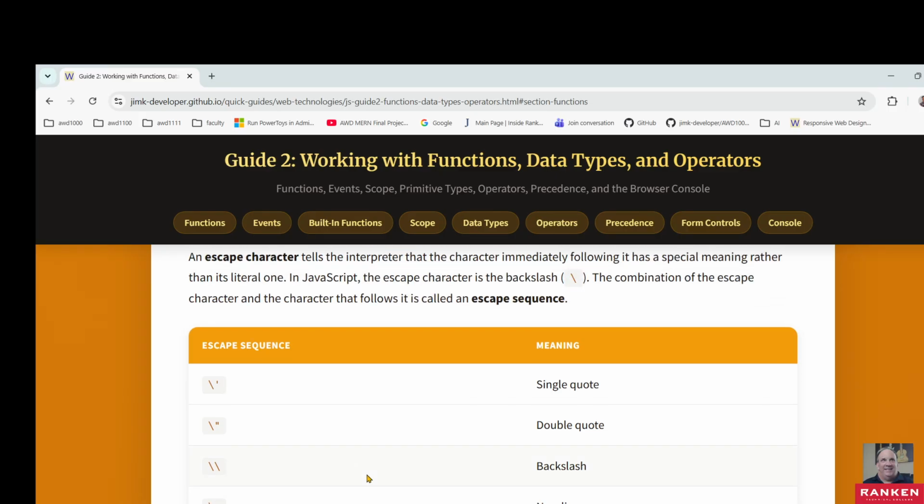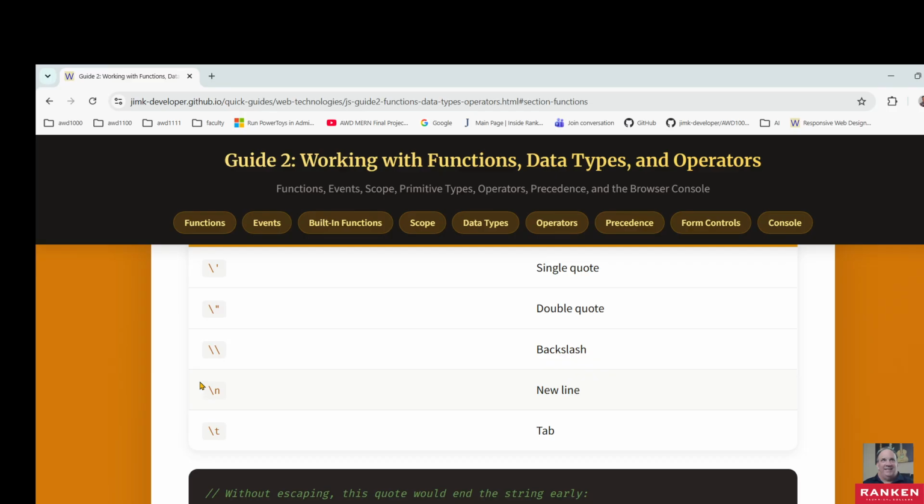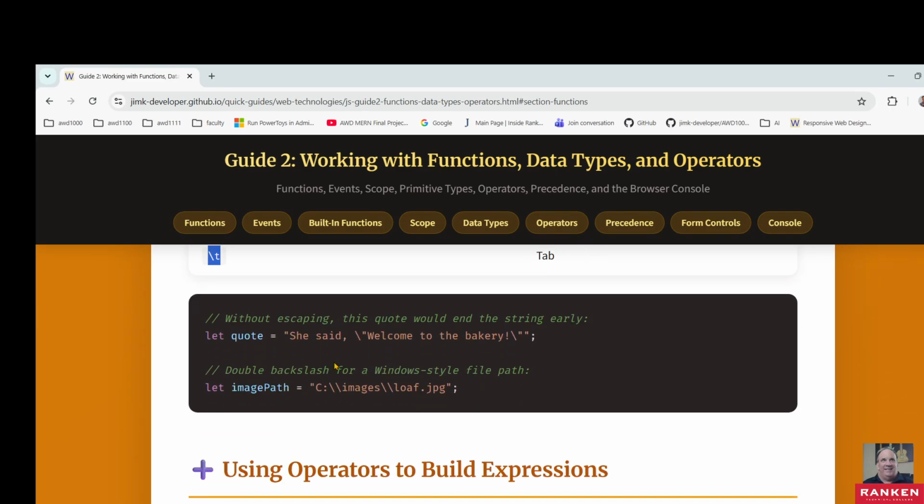So there are some cases where you'll want to do this. If you want to escape a single quote, you use backslash single quote. For a double quote, backslash double quote. If you want to escape a backslash, you use a double backslash. Backslash n is for a new line character, and backslash t is for a tab. So without escaping,